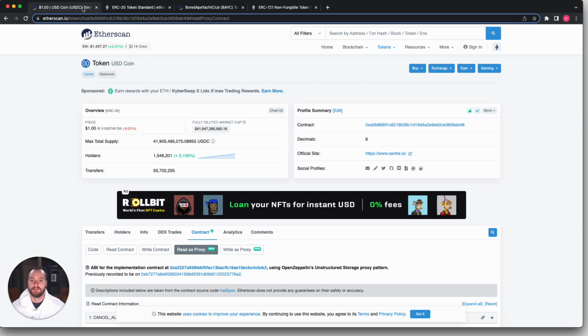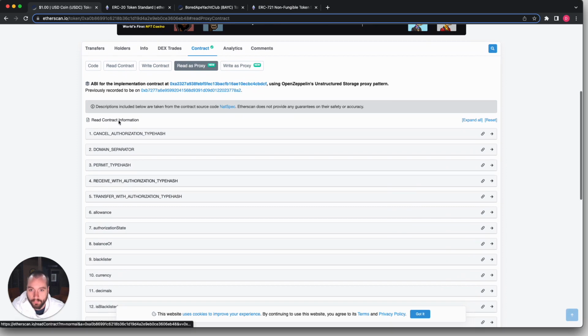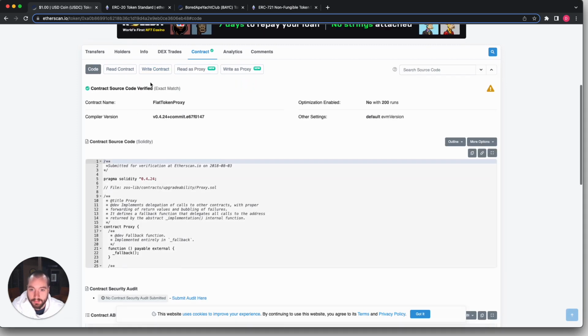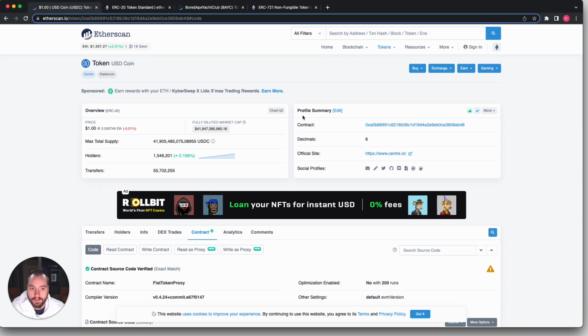So both an ERC-20 and an ERC-721 are smart contracts, so that just means they're essentially applications that run on Ethereum. And what that means is that their state, their memory, it's all stored as data on blocks. And that's pretty much the background of how they work. They're just applications that run on Ethereum. Deceptively pretty simple. So if we look at a fungible token, fungibility means that one equals one no matter